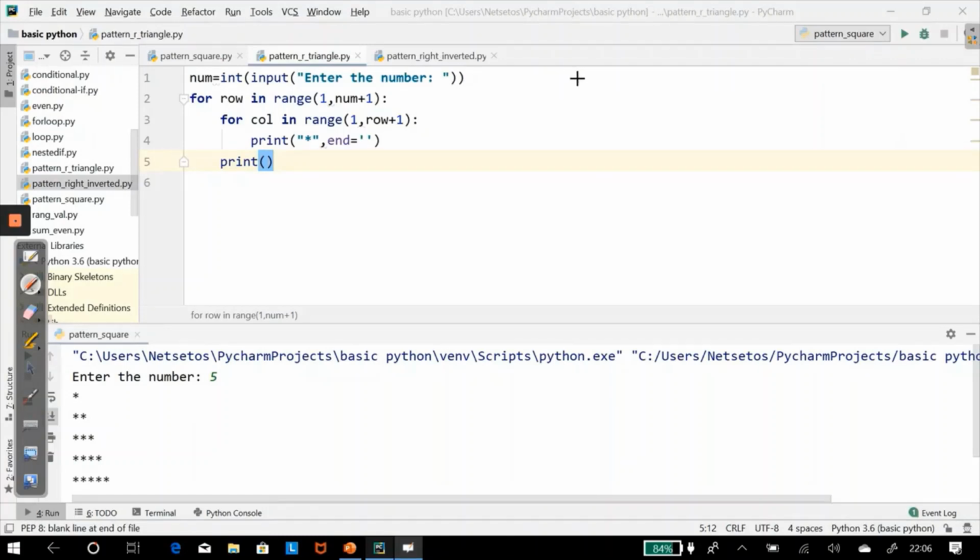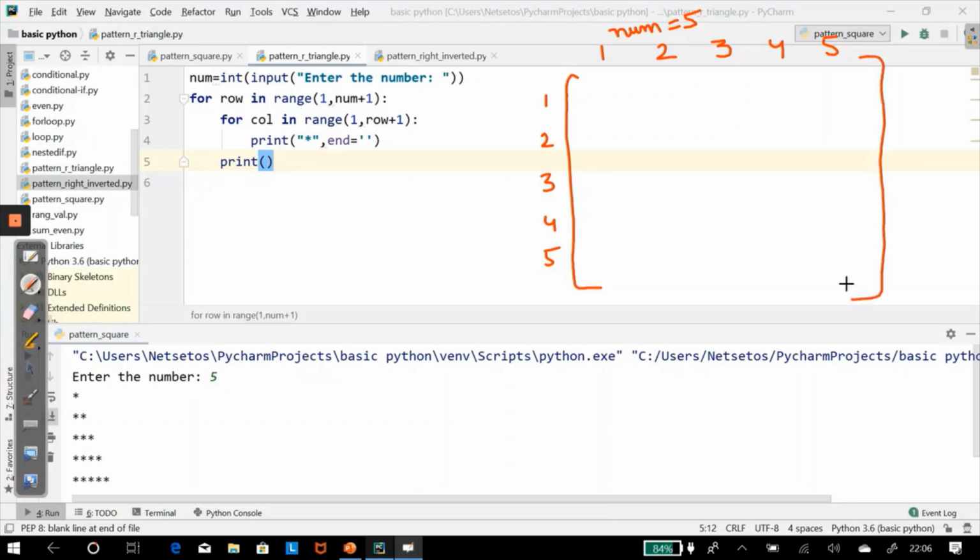For this, we will make a matrix form, and here first row, second row, third row, fourth row, and fifth row. As we are taking num is equal to 5, if a user puts num is equal to 5, and similarly I'll define this here.